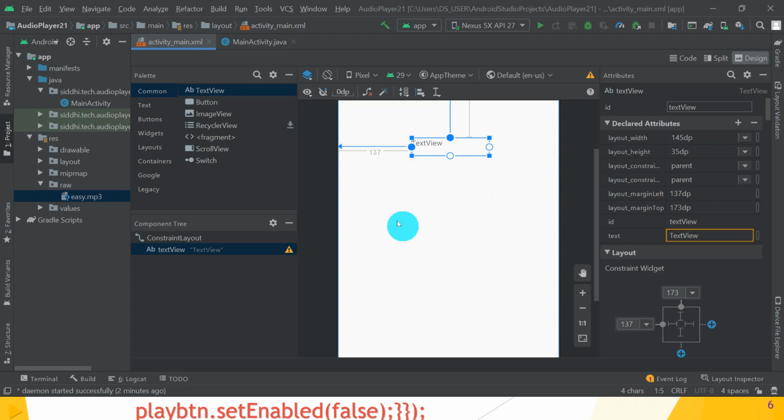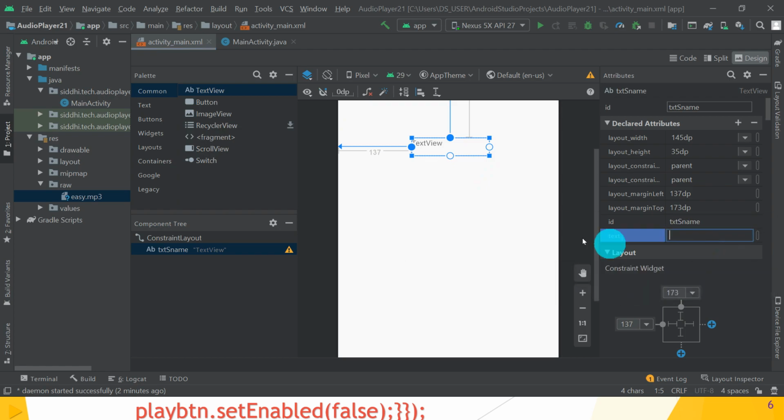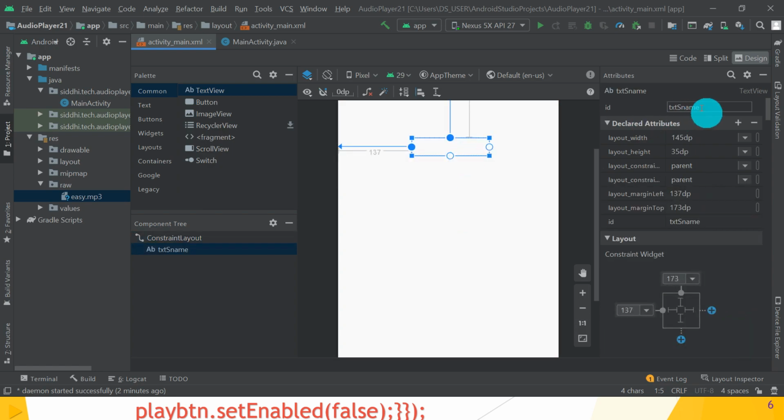Next, give the name to this text view as txtSongName, and remove the text from your text view. That is the first, we have to display the song name here. And what is the id name? txtSongName.